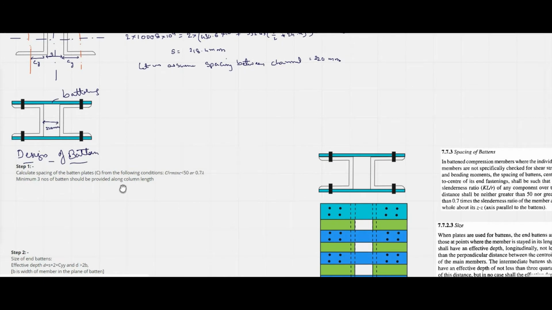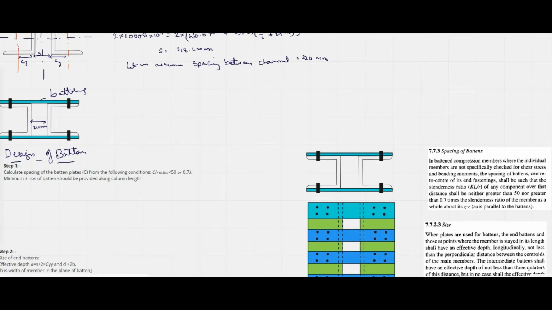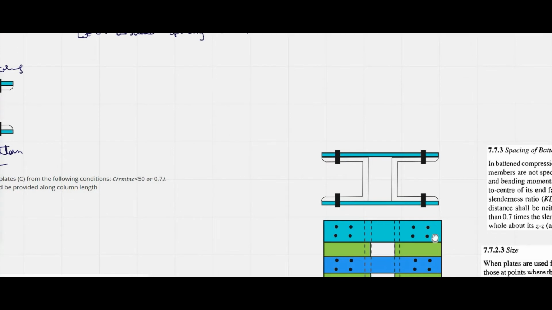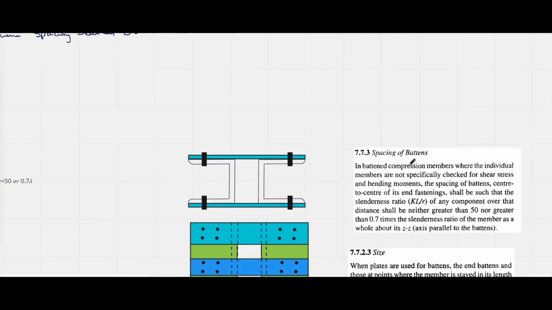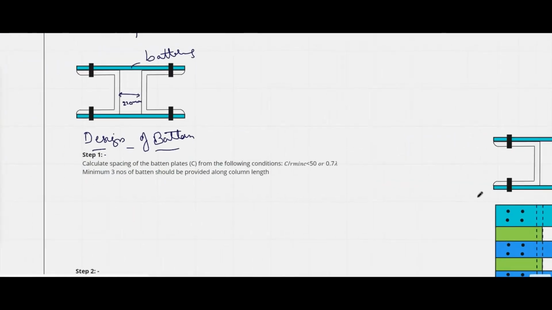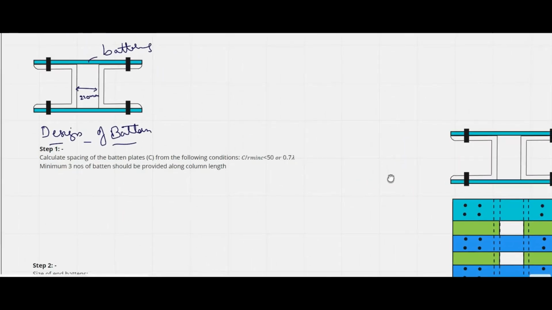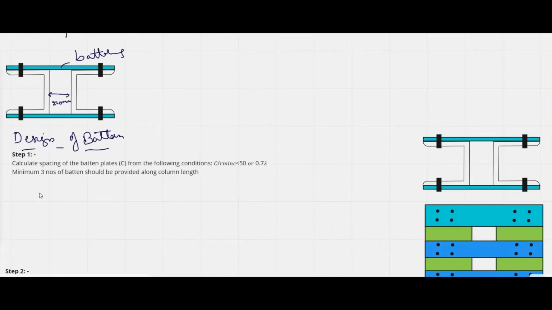Already we have seen in our code, from clause 7.7.3, it has stated that in a batten compression member where individual members are specified, check for shear and bending moments, the spacing of battens such that the slenderness ratio of components shall neither be greater than 50 nor be greater than 0.7 times the slenderness ratio. So from the provisions,